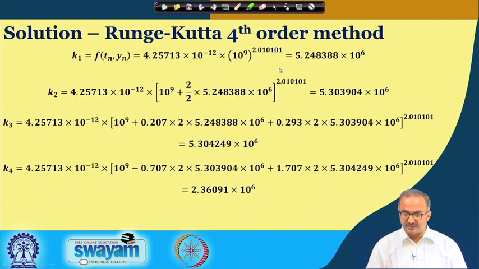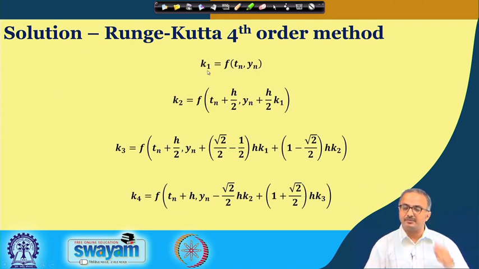Now it becomes very simple. You can see that K1 depends on the initial values of y and t. Once you find K1, K2 depends on the step size and the K1 value, then K3 is a function of the step size, the K1 value and the K2 value, and K4 is a function of the step size, the K2 value and the K3 value. That means you have to go in this particular order. You cannot take a haphazard way of finding K1, K2, K3, K4, because there is a particular direction of dependency of these four parameters that you have to take care of.